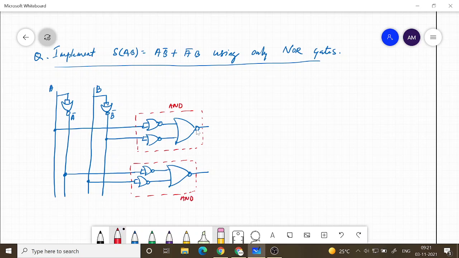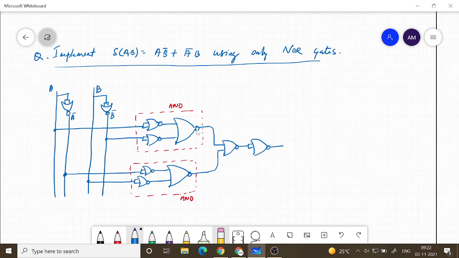Same approach as we did with the NAND gate. Now we are doing it with the NOR gate. And then this output, we need to give to an OR gate. But OR gate is what? OR gate is a NOR gate followed by another NOR gate.